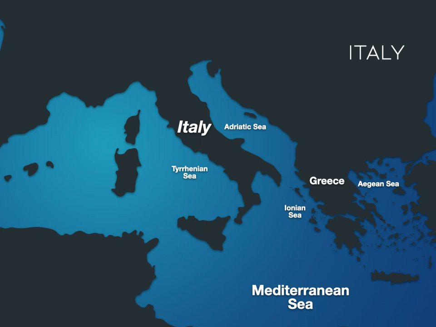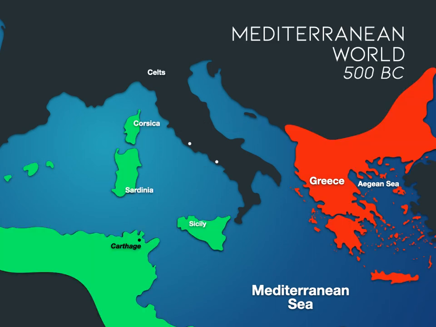So those are the three bodies of water that surround Italy and make it quite distinct from the experience of the Greeks and their interaction with the world around them. So let's take a look here. You can see the red there. That's the Greeks we've been looking at, centered on the Aegean Sea, Macedonia, Greece, the island of Crete, even the eastern side of the Aegean Sea along the coast of Asia Minor is all Greek